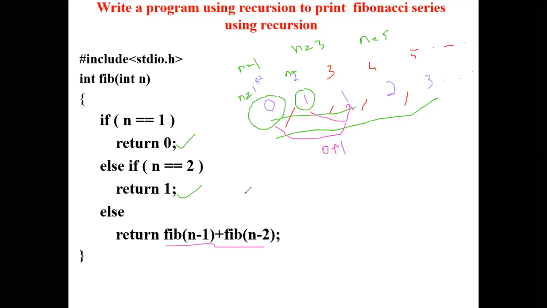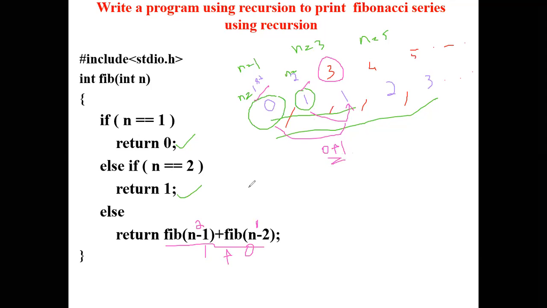So if you want to calculate Fibonacci of n is equal to 3, then you have to find the Fibonacci of n minus 1. What is n minus 1? 3 minus 1, that is 2. That is Fibonacci of 2, the answer is 1. Then Fibonacci of n minus 2. What is the answer? Fibonacci of 3 minus 2, that is Fibonacci of 1. So what is Fibonacci of n when n is equal to 1? That is 0. So you have to perform the sum of these two, that is 0 plus 1, which will give you the result 1. So on it continues.